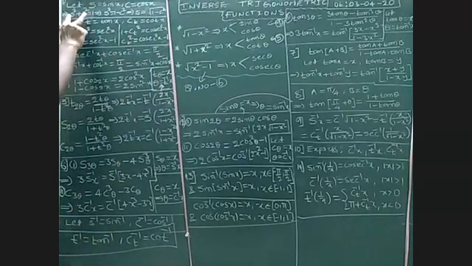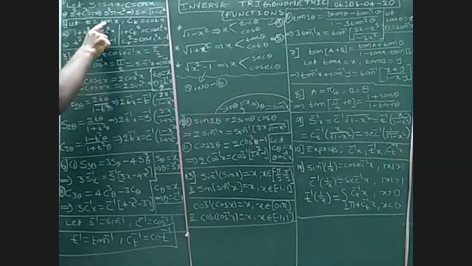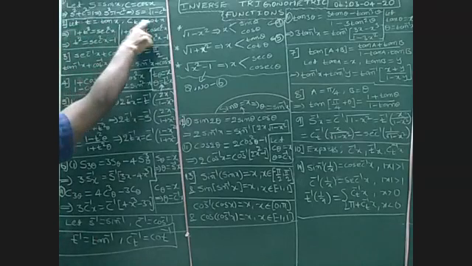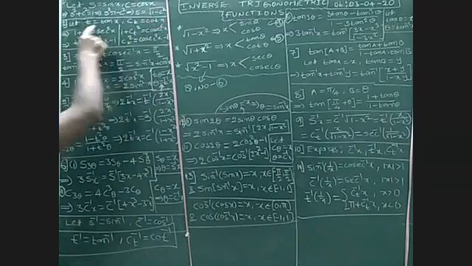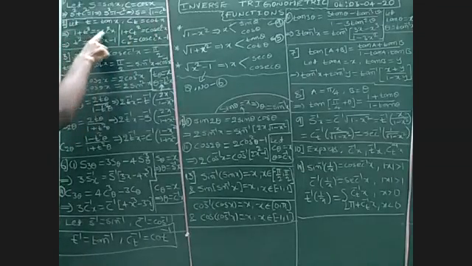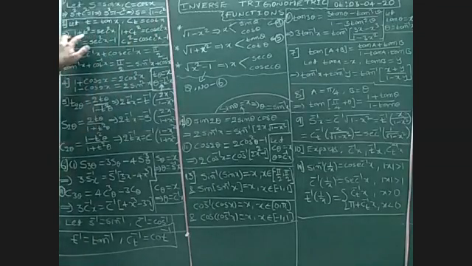In the same way, these are the standard formulas. Sin square plus cos square is equal to 1. Then, for my convenience, I want to take tan x is equal to t and cot x is equal to ct, which represents cot x. Then 1 plus tan square is equal to secant square. This is also already studied.